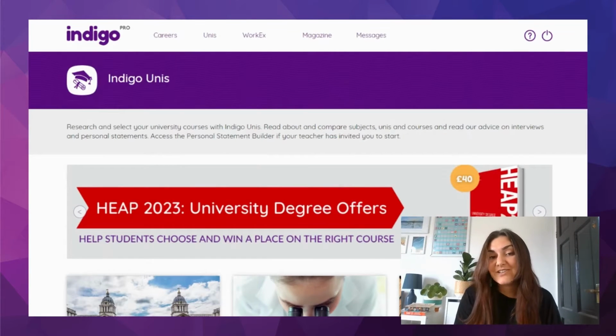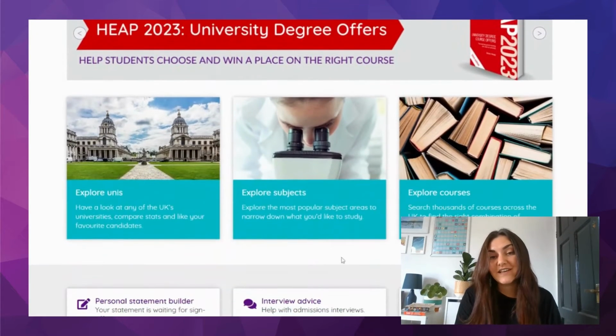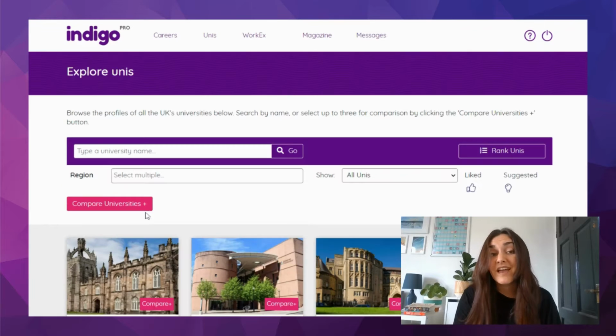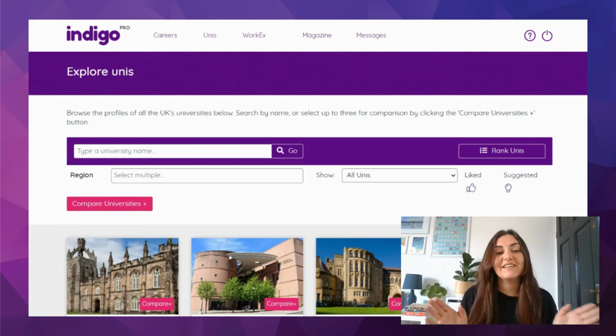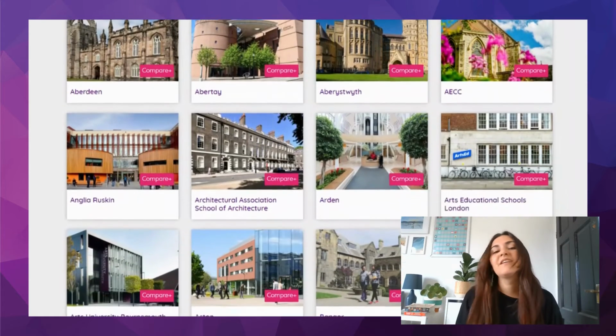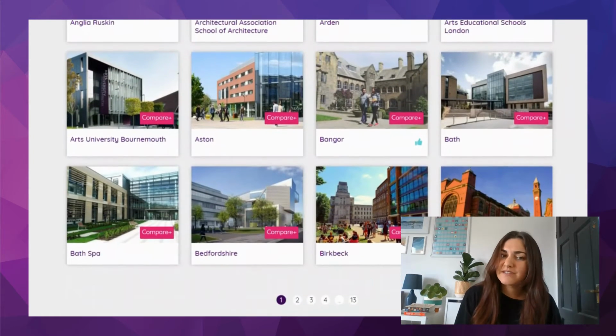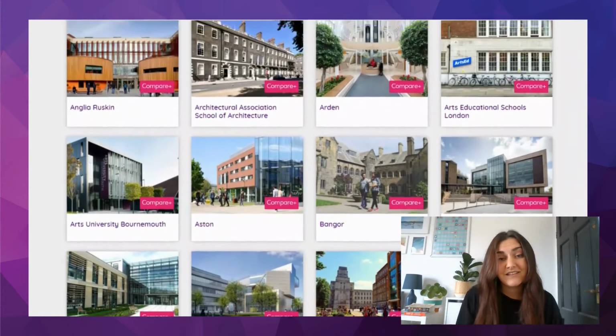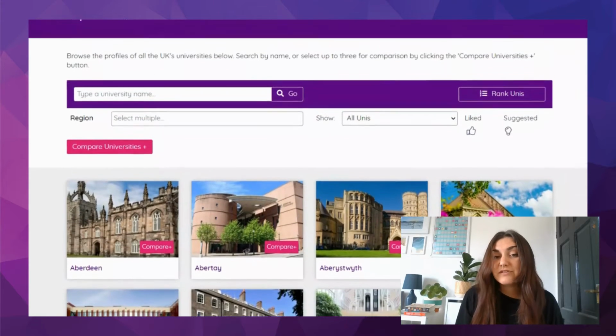Start by logging into your Indigo account and clicking on this Explore Unis tile. This will take you to our full list of uni profiles laid out in alphabetical order. Now you can search through all the options in this directory like this, or you can filter to see only